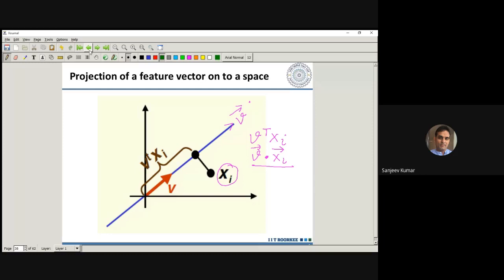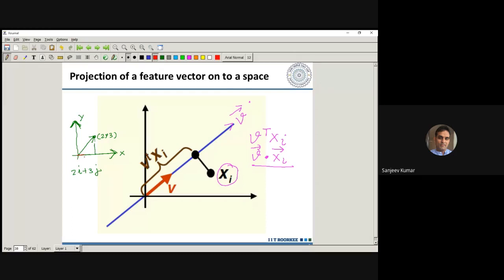No, it's simply projection. If you see from school mathematics, suppose this is your x-axis, this is your y-axis, and let us say this is your point, 2 and 3. How will you represent this vector? 2i plus 3j. Now i is a unit vector in the direction of the x-axis, and j is a vector in the direction of the y-axis. If I want the projection of this point onto the x-axis, the projection will be like this.